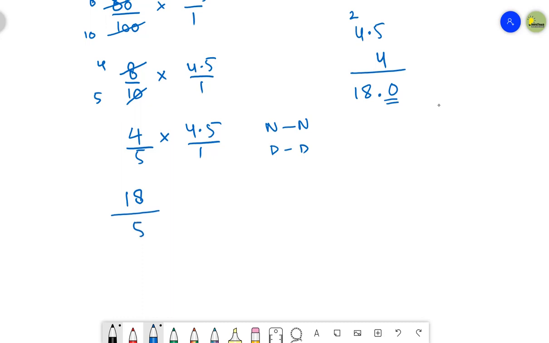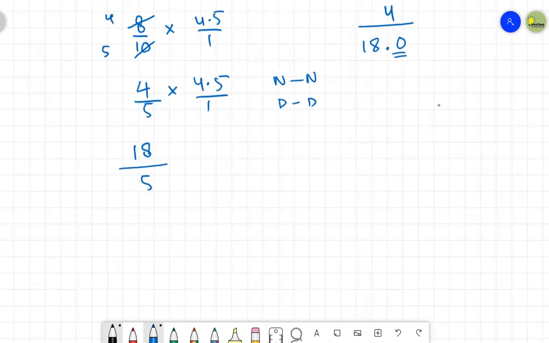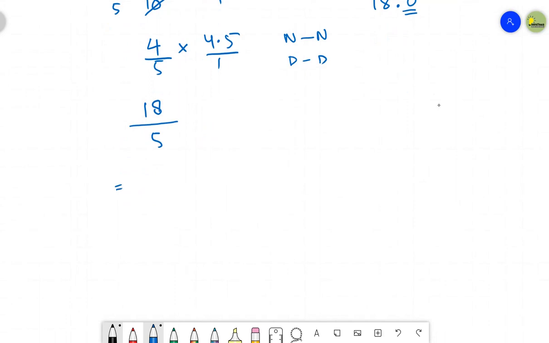So this is 18 upon 5, or you can write it in terms of a rational number. Like it can be 5 3s are 15, and you are going to add 3 to it. Okay, 5 3s are 15 and then add 15 and 3, it will be 18 upon 5. So you can write it as a mixed number. So this is 3 3/5 meters. This is going to be your answer.